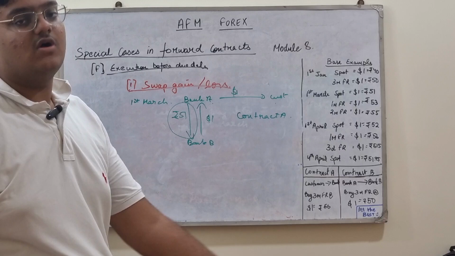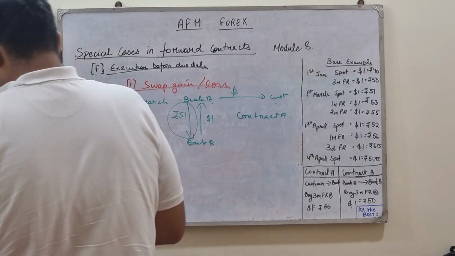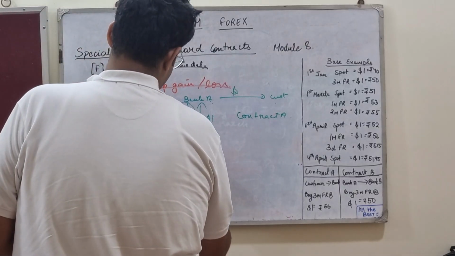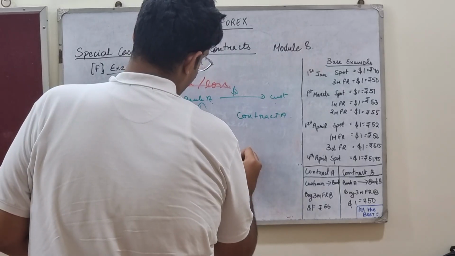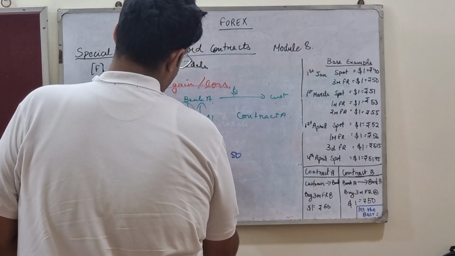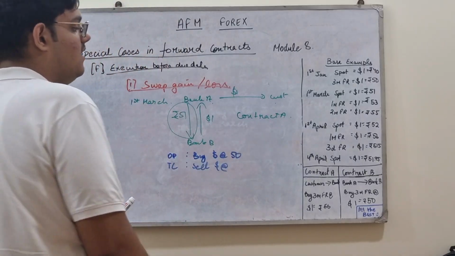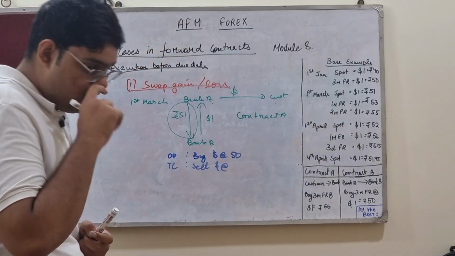Now the customer doesn't want it on 1st April, so we need to cancel it. To cancel it, we need to do the same thing. What's the original position? Original position is buy dollar at 50. To cancel, we need to sell dollar. What rate would it be? The rate would be the 1 month forward rate on 1st March, because again,